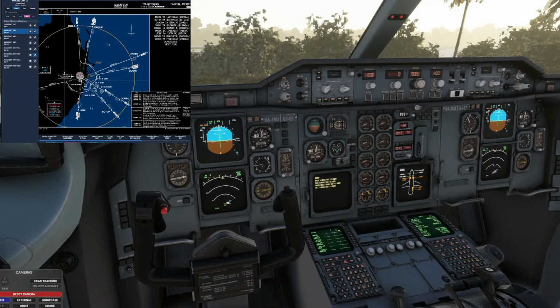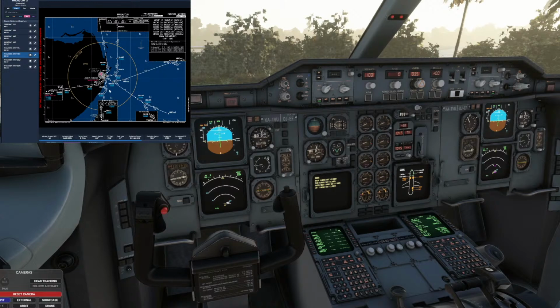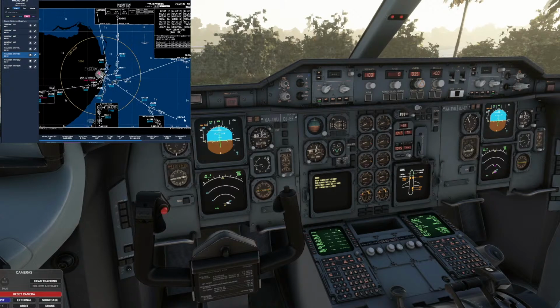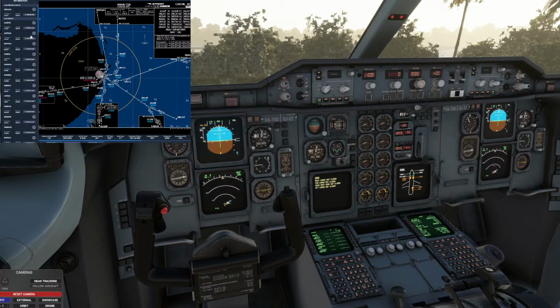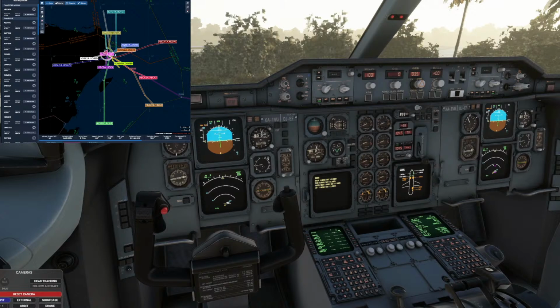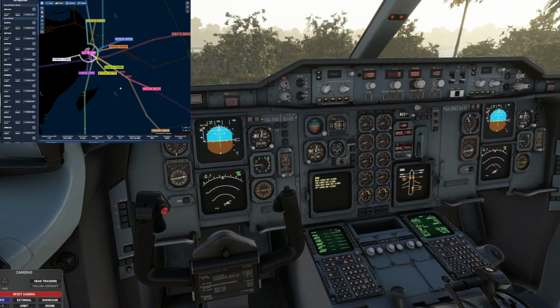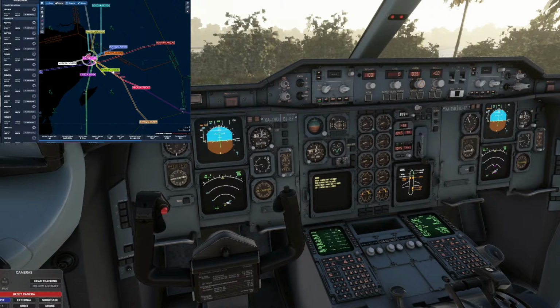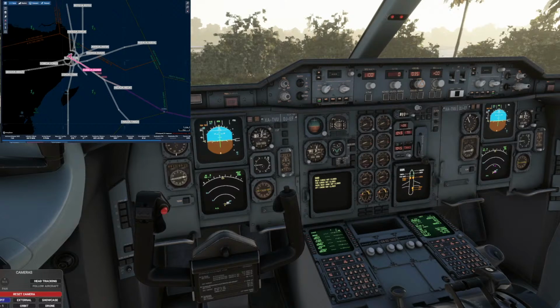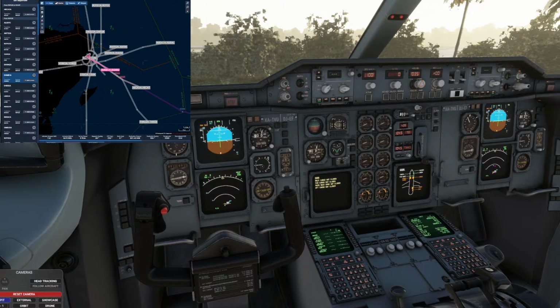We could actually do a VOR departure. That would be awesome. Keep it more interesting. This is pretty much RNAV all the way. So I think I'll switch over to, what was it, maybe this one. Let me look at that again. Which one would it be? Let me cancel that